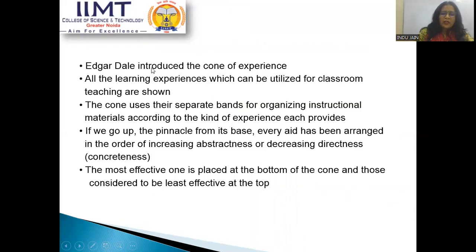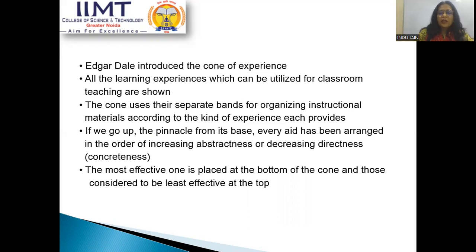As we already discussed, Edgar Dale introduced this cone of experience. All the learning experiences which can be utilized for classroom teaching are shown in this cone. You can see different separate bands for organizing instructional materials according to the kind of experience each one provides. If we go up towards the pinnacle from its base, every aid has been arranged. Aid means audio-visual aids, or the learning experiences arranged in the order of increasing abstractness